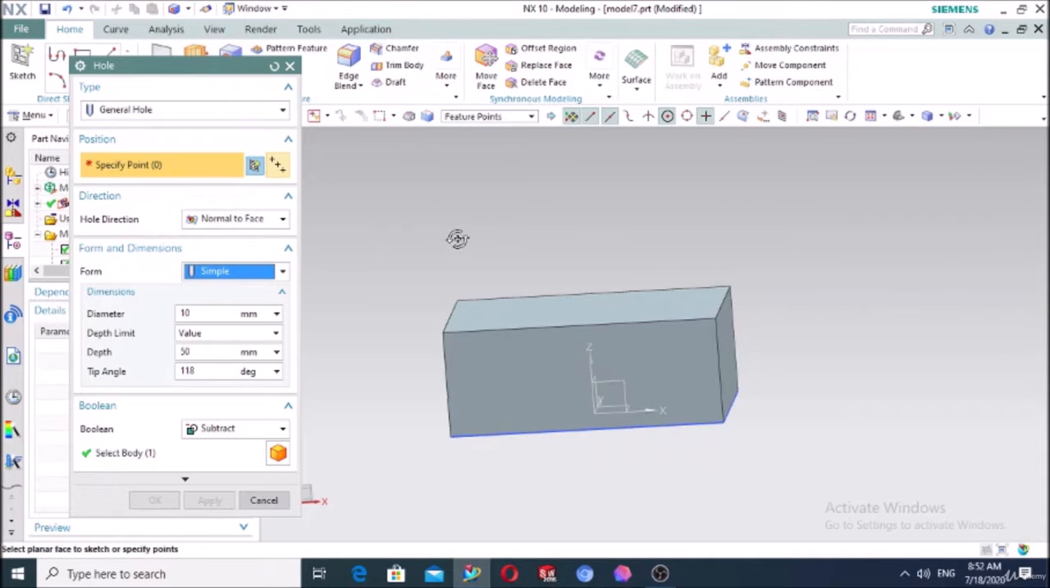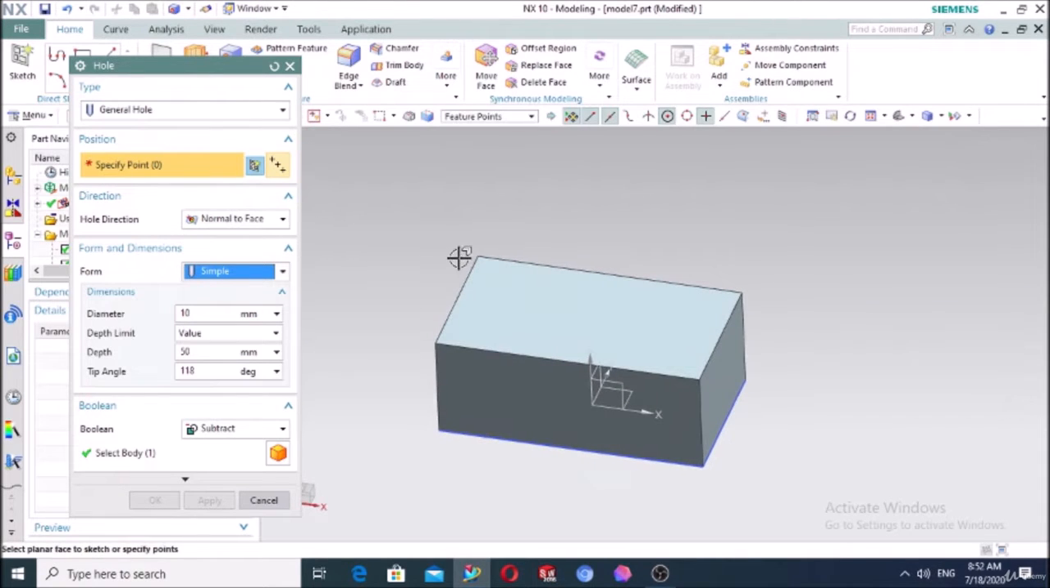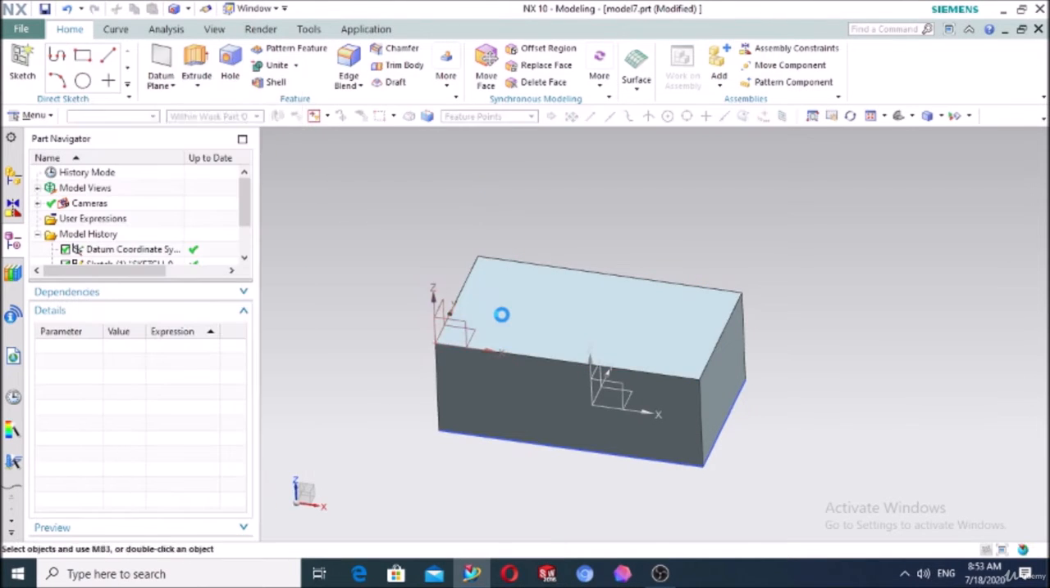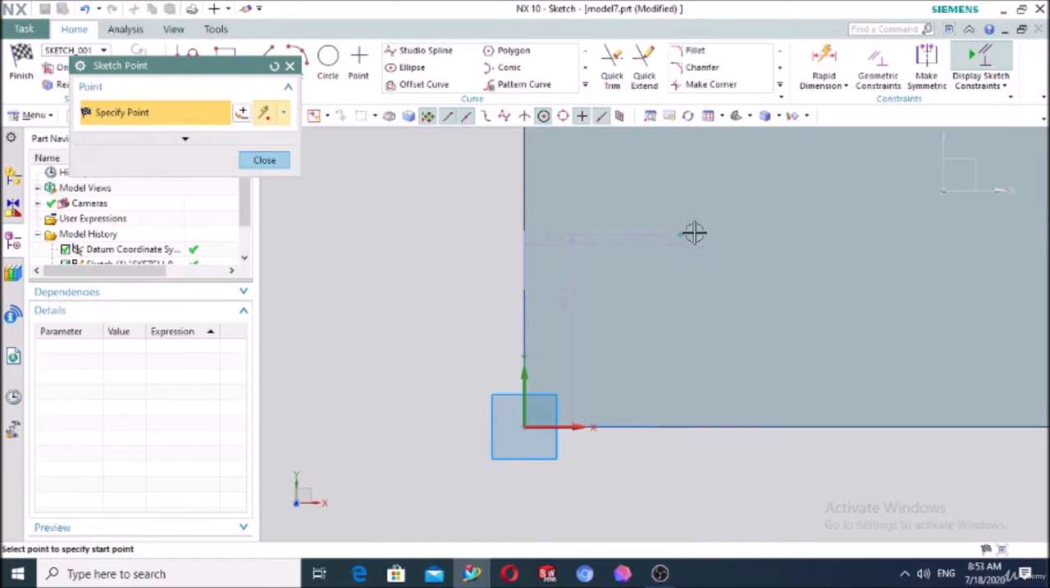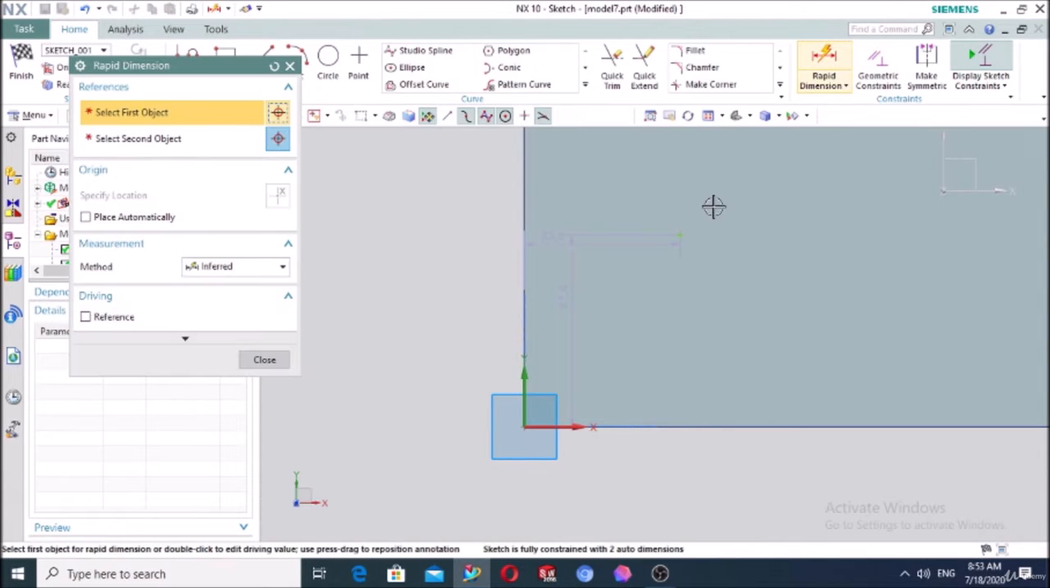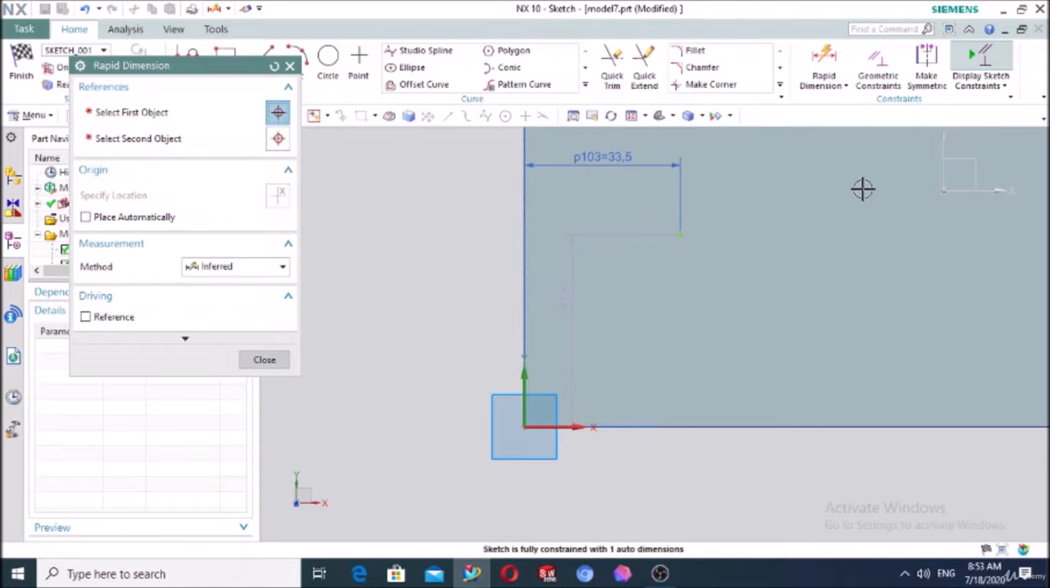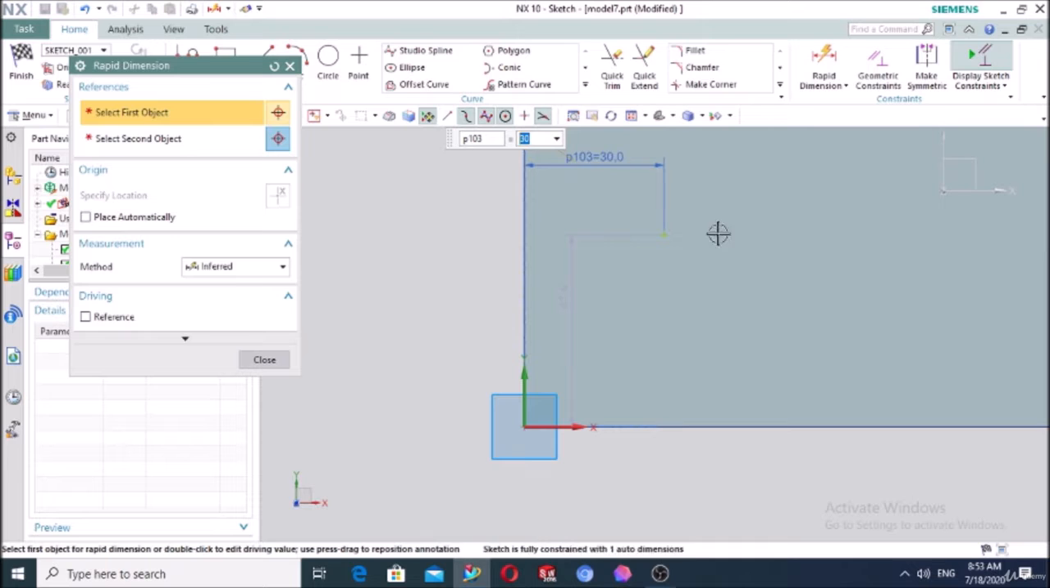So in the simple hole, firstly, in order to obtain the hole, we have to specify the point of the hole. We have to define the face where we want to make the hole. For example, this face. Press this face, and you see there is a dot created, and we can specify the position of this point by the rapid dimension. For example, we can define the position of this point from this and this side. For example, 30 millimeters from this side,